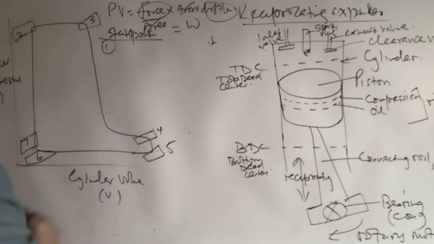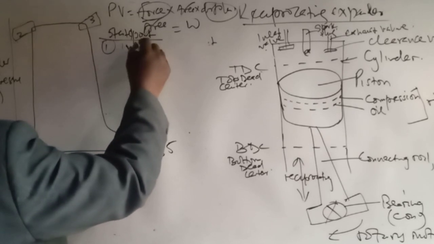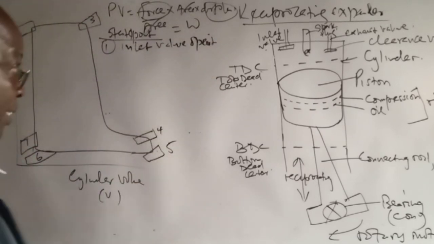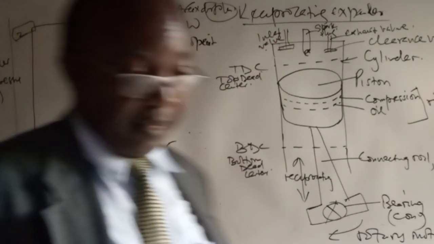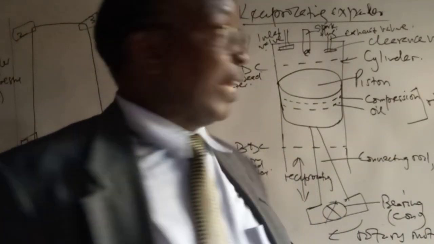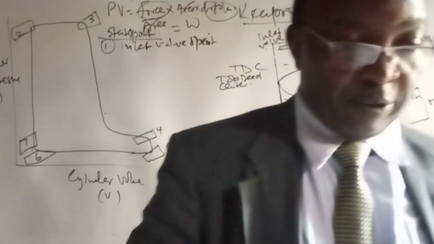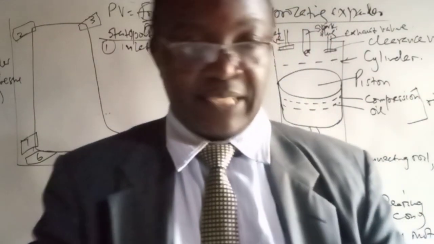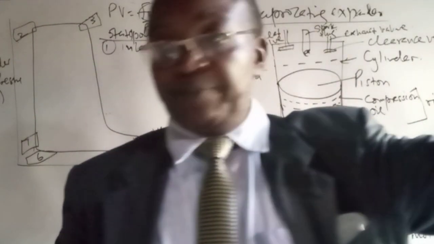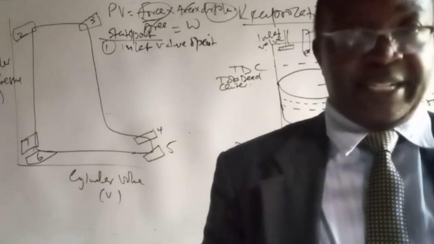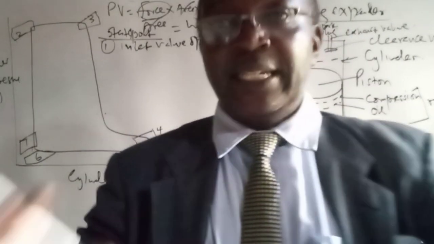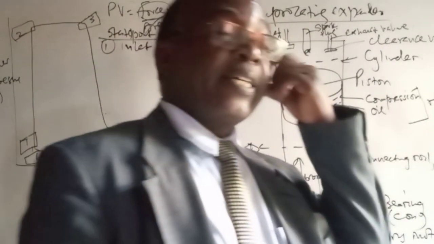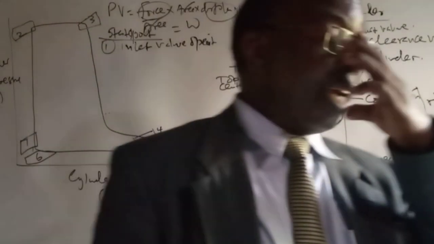Now, at state point 1, we'll have the inlet valve open. And when it's open, fluid will be put in the system. Because this is an open system, you put in the fluid, it will of course expand, doing expansion work on the surroundings. Just like the steam engine, the steam at very high pressure gets into the turbine, and of course the turbine does work. That we have seen when dealing with the Rankine cycle, in our lectures on Rankine cycle, and also in our lectures on